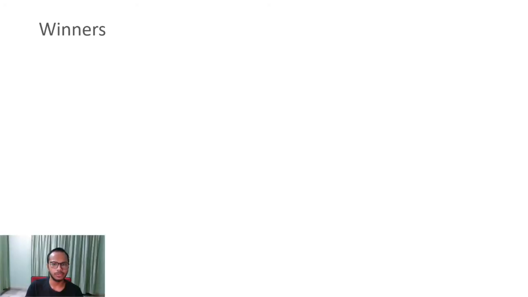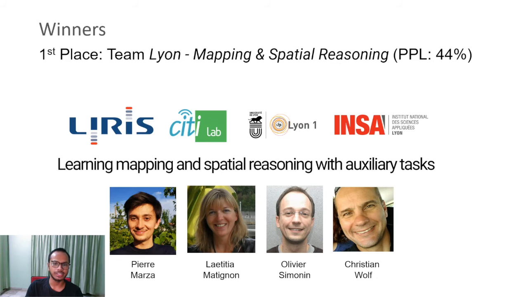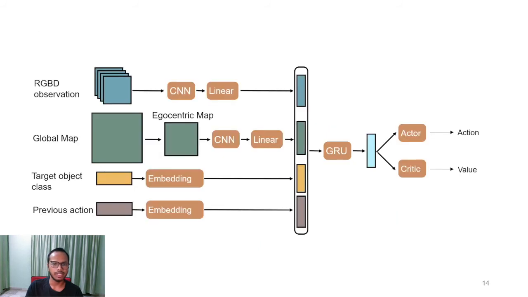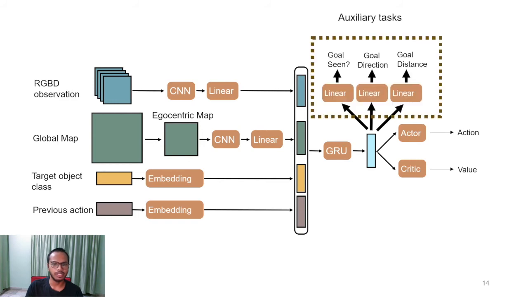The first place goes to Team Leon, Mapping and Spatial Reasoning. They achieved PPL equal to 44%. Team Leon is led by Perry Mazur from INSA Leon. Their method uses auxiliary tasks to learn mapping and spatial reasoning. They build on top of the cross-neural map baseline from Multion work. Their method performs three auxiliary tasks in addition to action and value prediction. These help the agent build a more useful representation of the environment and as a result perform much better than